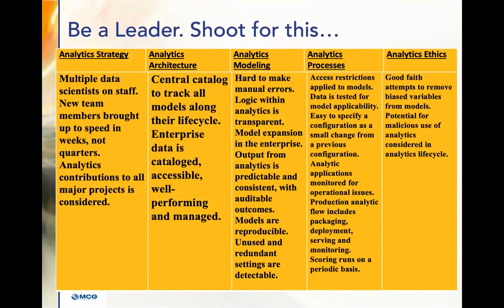Now, I haven't gone 1, 2, 3, 4, 5 on this thing yet, but this is a drill in on machine learning maturity. We're here to talk about that, right? So these are my 5 categories: analytics strategy, analytics architecture, analytics modeling, processes, and I threw ethics in there. We have to have that today. It's important, and sooner rather than later. This is something that even I think the businesses will pay a price for if they ignore it today. So when you get into this, get into it with an ethical foundation. The other 4 are obvious, okay, right?